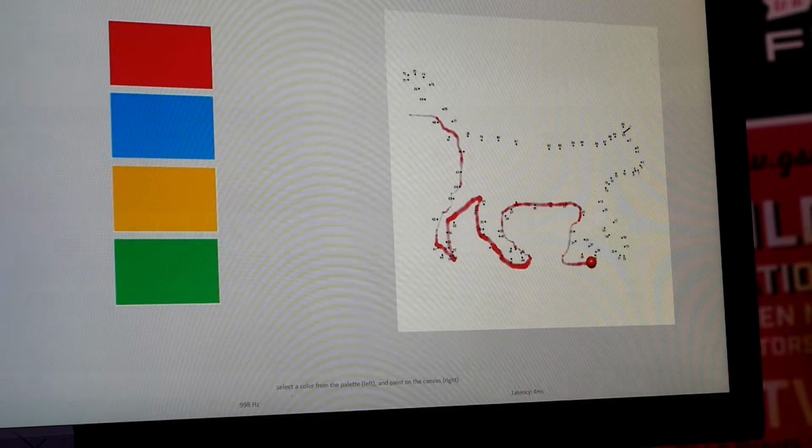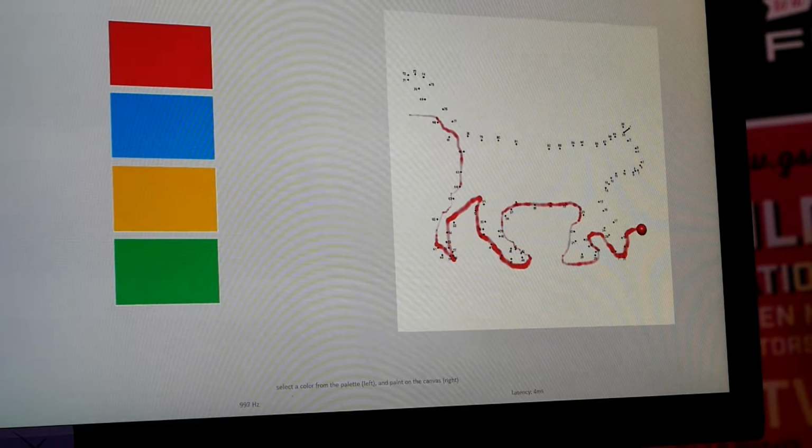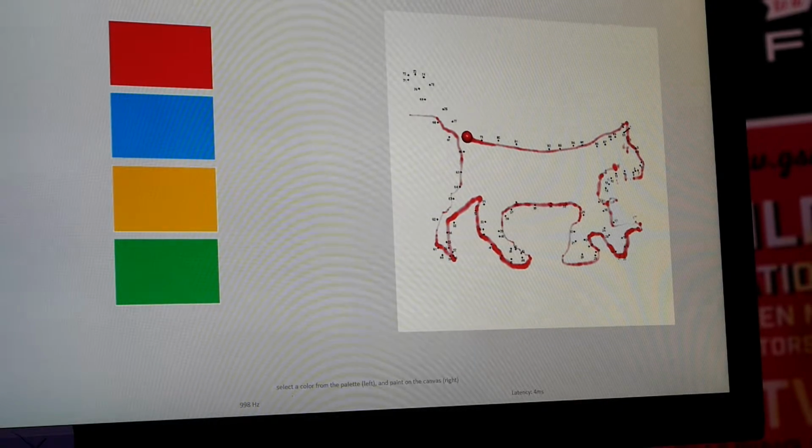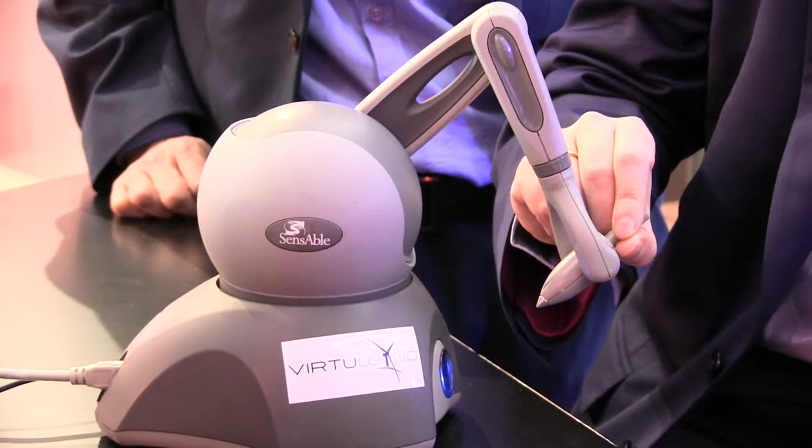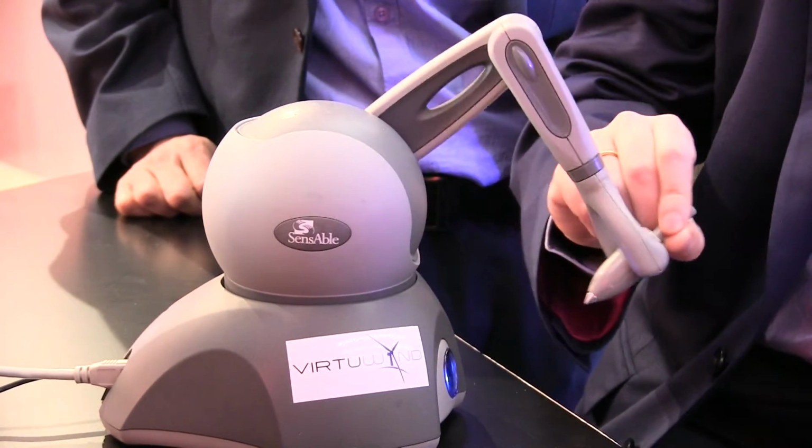And let's see what happens when Frank draws. So the thing to notice as he starts drawing is to see how smooth or not smooth it is, because it's very important to get the tactile feedback. And this is important for telesurgery, important for drawing, important for all sorts of applications where you're actually having to feel what's happening across the internet. And you can see that it's very, very smooth, very, very clean, and it's almost instantaneous. So what's happening is that Frank is able to feel almost as if he were drawing directly on the screen when he's actually drawing using this robotic arm here.